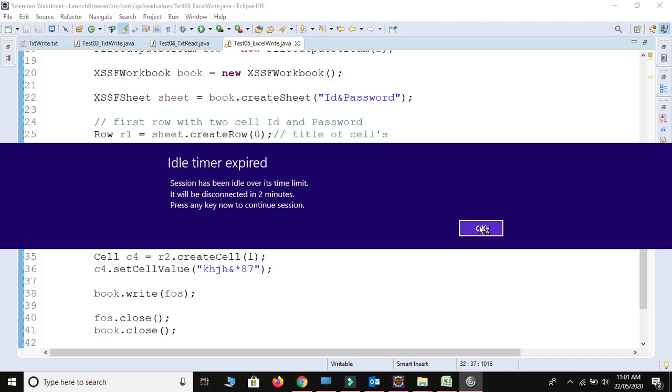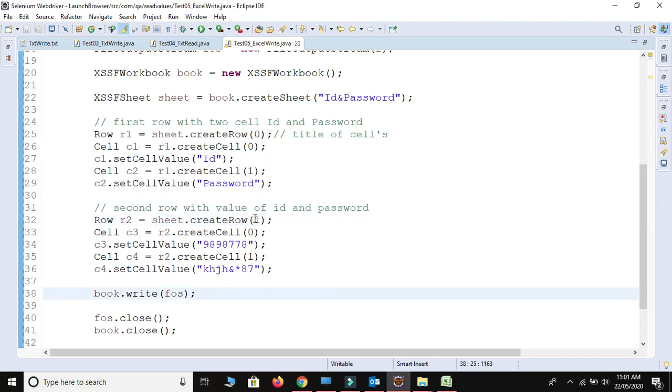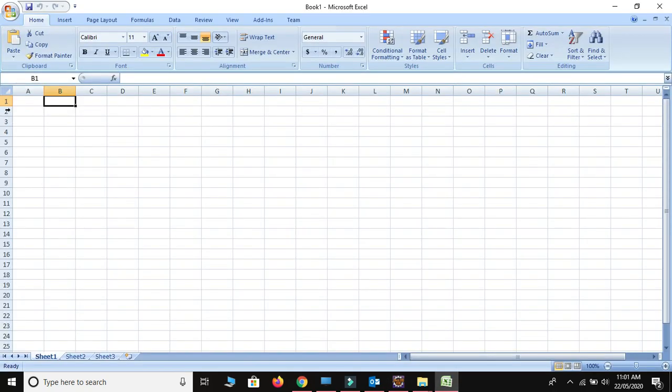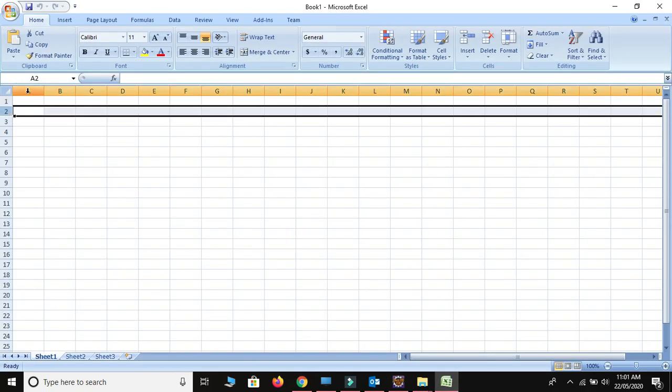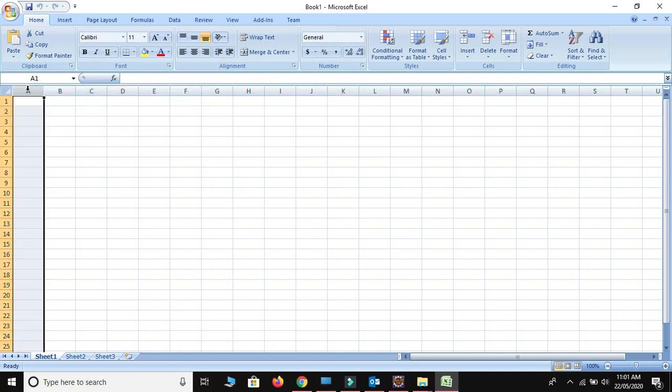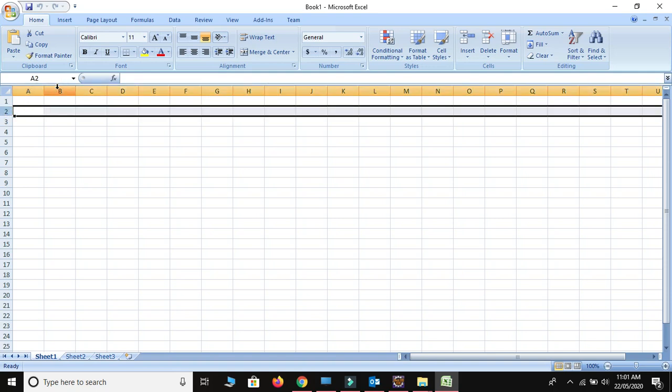We enter data at row 1. At row number 1, the cell should be 0, so it will jump to the first row and 0th cell and enter data over here. First row, first cell, so it will write data over here.